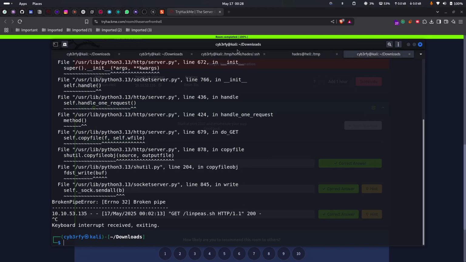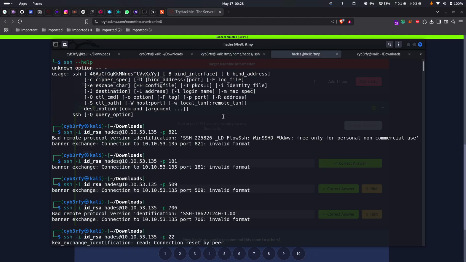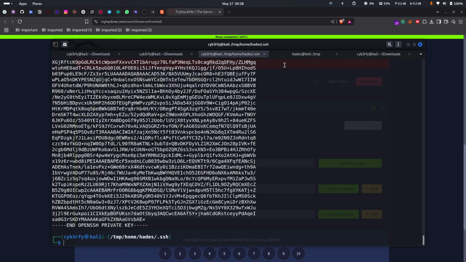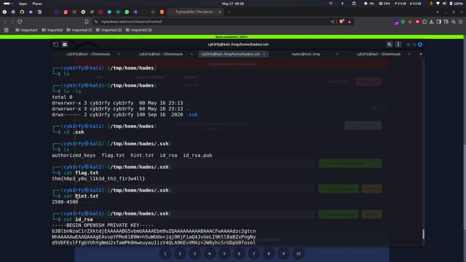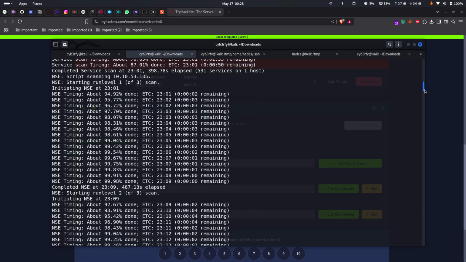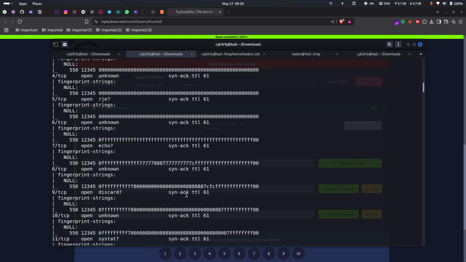After spending a bit of time, I referred to this hints.txt, which says 2500 to 4500. So it actually means the port for SSH which is working is between 2500 and 4500. But in our first Rustscan, you can see here, we were able to enumerate the ports only till